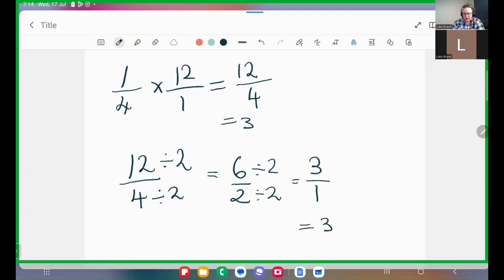Now, you might be wondering how I decided to divide by 2 there. Couldn't I have just used a 4? You would be absolutely correct. The way I tend to do these problems